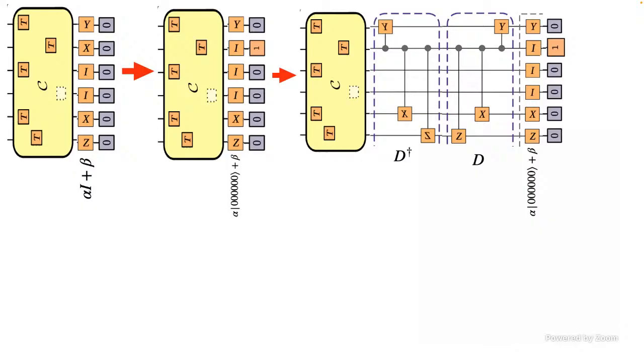So we like these things to go away. And how are we going to do that? Well, we have a 1 here. And so we're going to use an age-old technique of multiplying by identity, right? This is all physicists do. We're going to insert D D dagger, which is nothing, into our circuit. But D is going to have this property. On the wire where I've turned that 0 into the 1, it's going to have a bunch of control Y, control X, control Z. So on this branch where everybody is 0, the alpha branch, it does nothing.